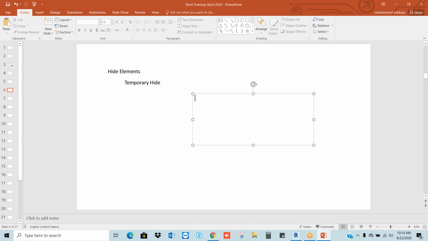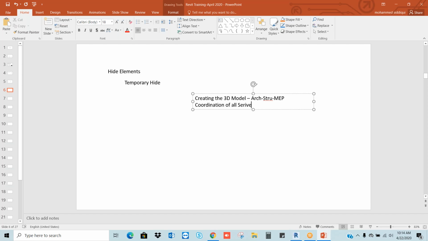One is creating the 3D model. And the second thing is 3D model of all services. What are the services we have? Architecture, structure, and MEP. Then coordination of all services.